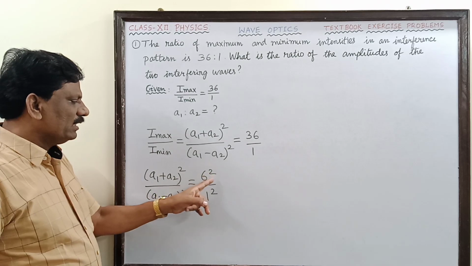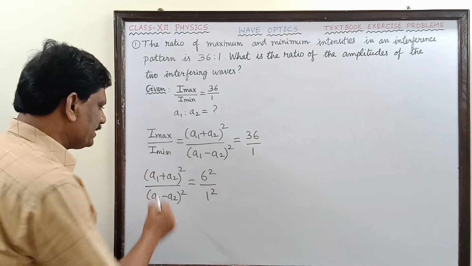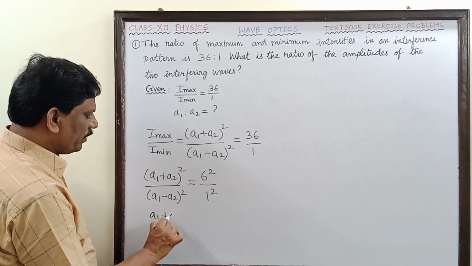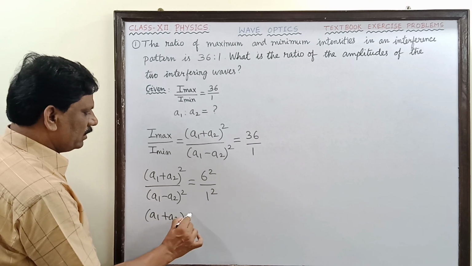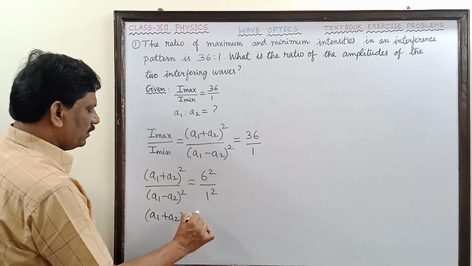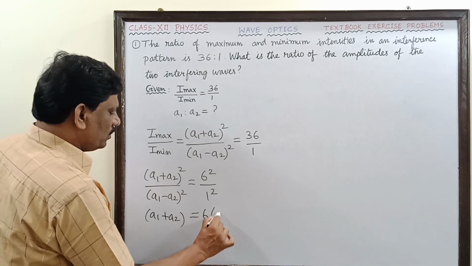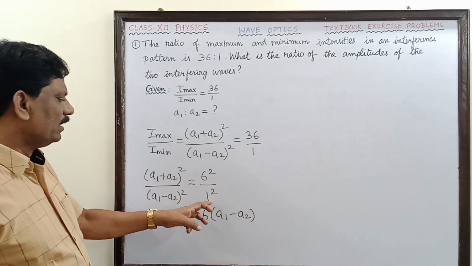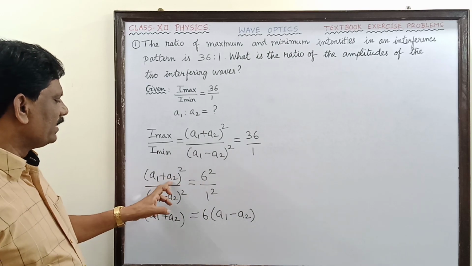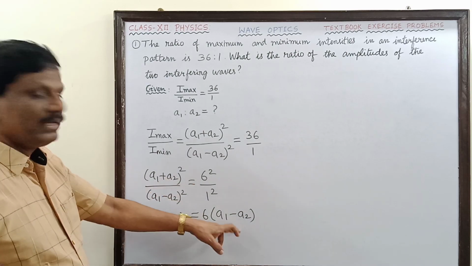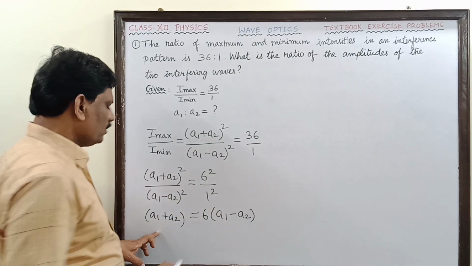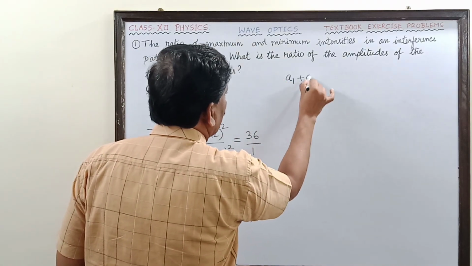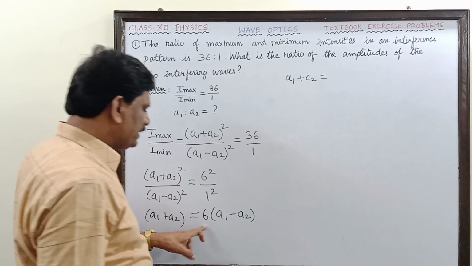Now if I remove these squares on all the sides, taking square roots, we can write (A1 plus A2) divided by (A1 minus A2) is equal to 6 by 1. So cross multiplying, A1 plus A2 will be equal to 6 into (A1 minus A2). So the left side is A1 plus A2, and A1 plus A2 is equal to 6A1